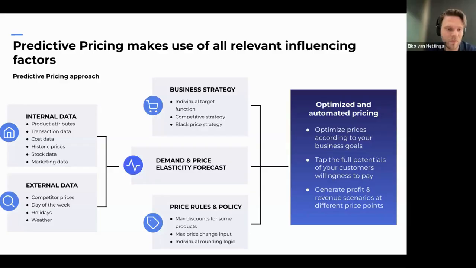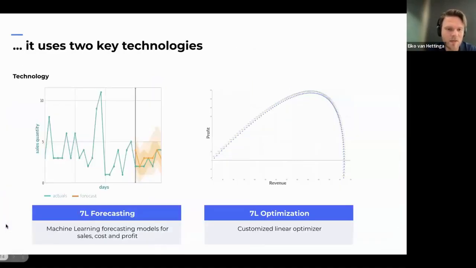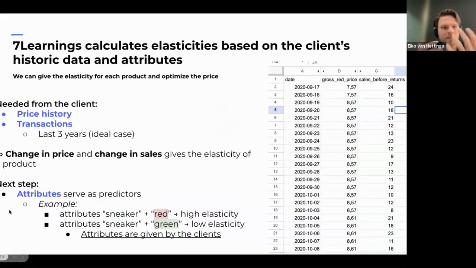We're doing this using machine learning algorithms to forecast the impact of price changes. So we're using here the forecasting technology. And when you then also want to find the optimal prices for your targets, what we do is that we run optimizations on this. But I also want to share some more insights about